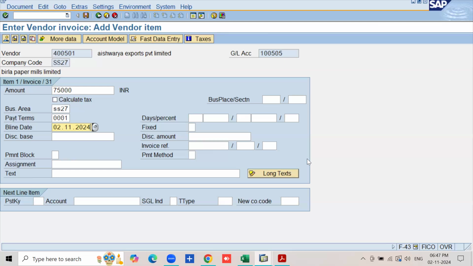See, here, this is the system defined payment terms, right? So in this payment terms, the baseline date is defaulted as document date. So the document date is taken as baseline date. See, here,